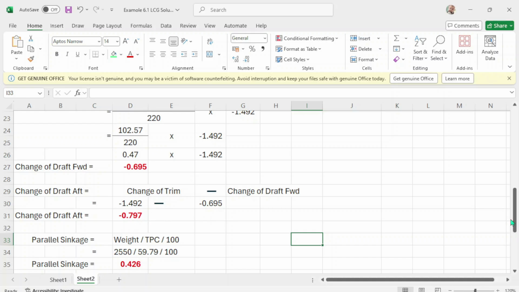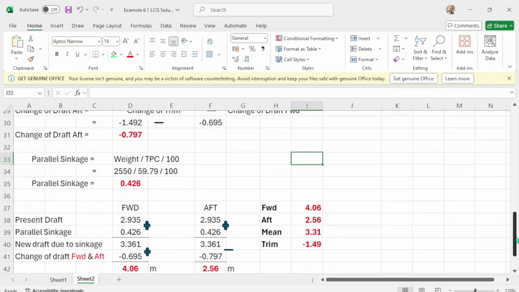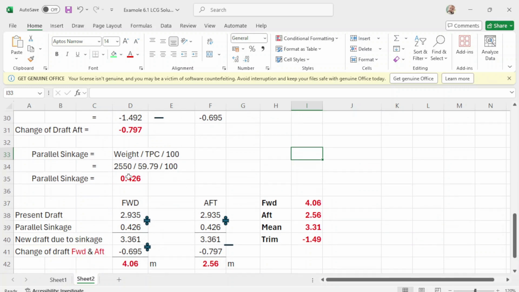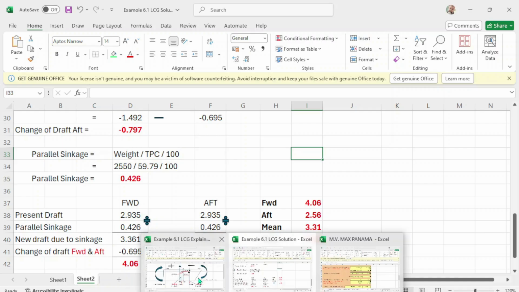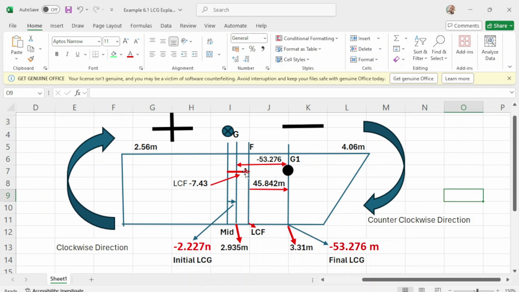Next you get your parallel sinkage. Why? Because when you load cargo in any holds in the vessel, the tendency of the vessel is to sink anywhere, regardless of trim, whether you trim by the stern or by the head.